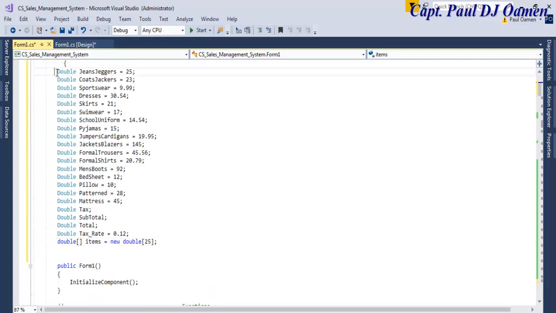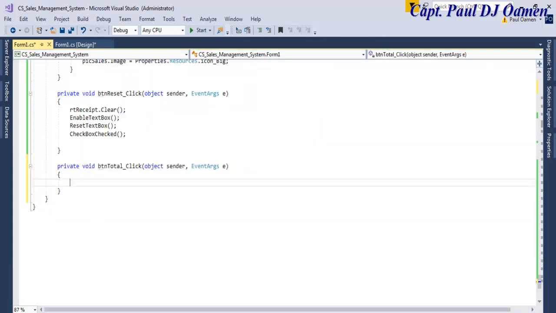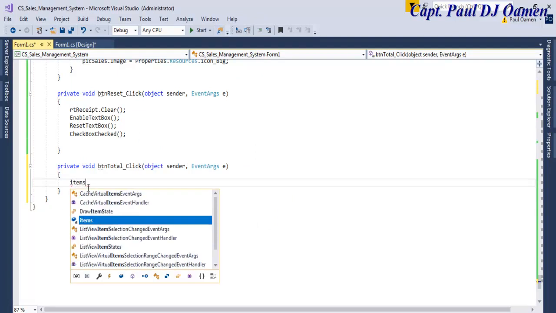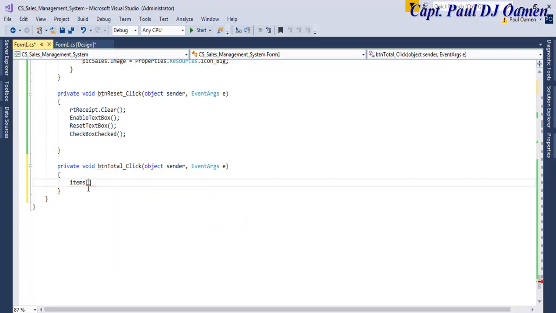Right here guys, those are all my variables declared. I've also declared 3 extra ones here for tax, subtotal and total. Then the tax rate, maybe I should increase this to about, let's go for 32. And I also have an array here. Okay, for the array I'm going to be adding all of these onto the array. Good. So the next thing is, let's go straight into total itself. Okay, right inside the total, let's say item, because that's the name of my array. Item square bracket 0 equals, let me go for